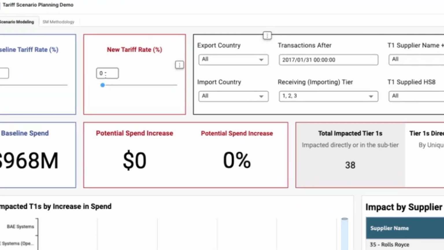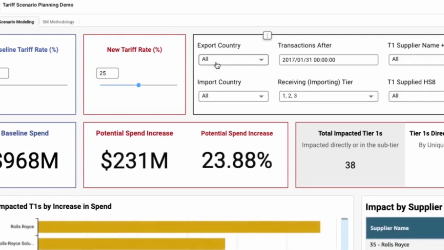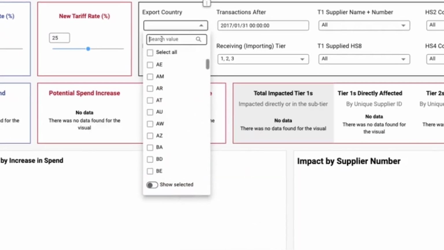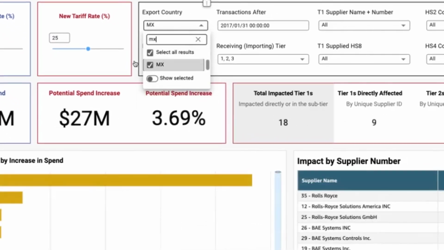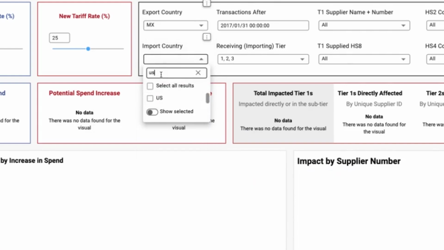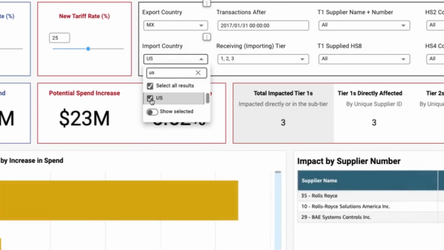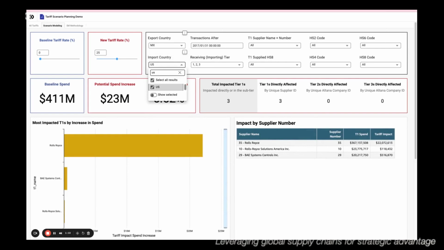Let's illustrate this with a real-world example. Suppose a 25% tariff is imposed on all goods moving from Mexico to the United States. When this scenario is input, our dashboard performs a unique function. It scrutinizes the entire supply network and precisely calculates what portion of the final product cost flows through this trade